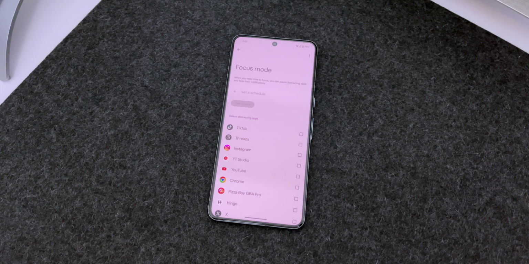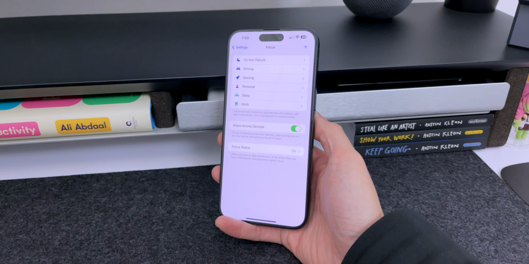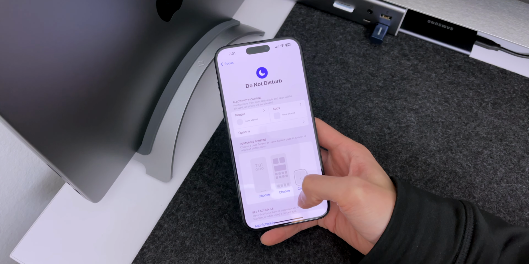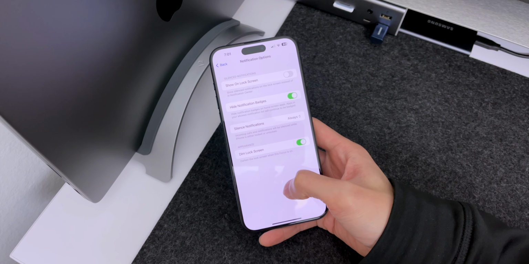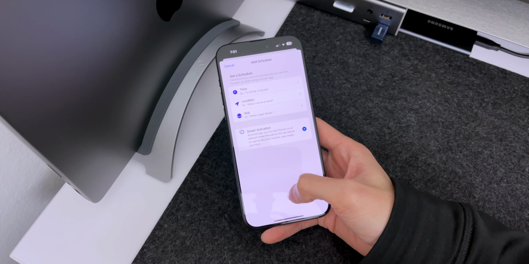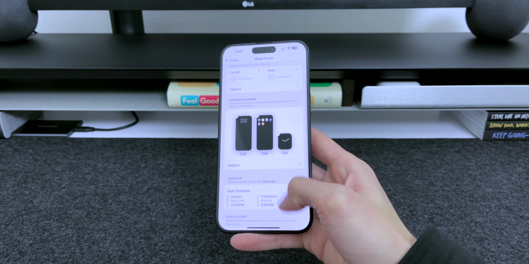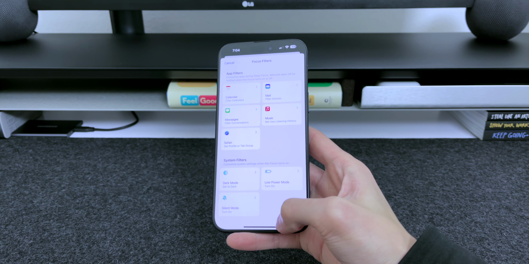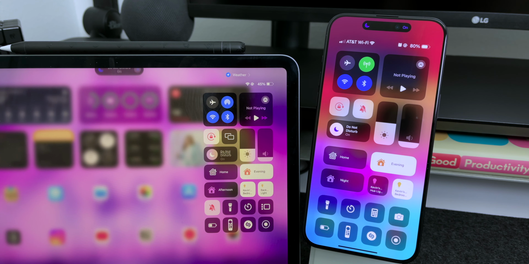As for focus modes, the one on stock Android is really basic. It's just one mode that blocks notifications from select apps. In iOS, you can have several different ones like personal, work, or school. You can allow notifications from certain people and apps, hide them on the lock screen and home screen, and even have the focus mode turn on during a specific day and time or location. There are also different wallpapers you can set for each mode, and enable filters like dark mode, low power, or silent. And a neat trick is that each focus mode syncs across your other Apple devices.